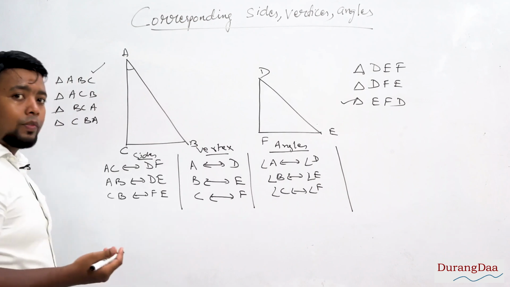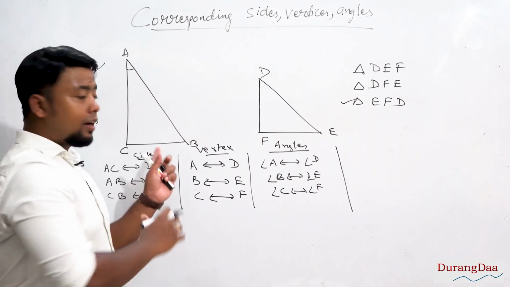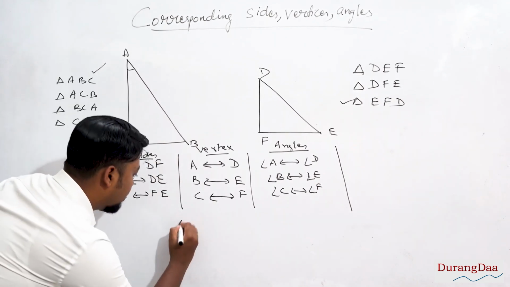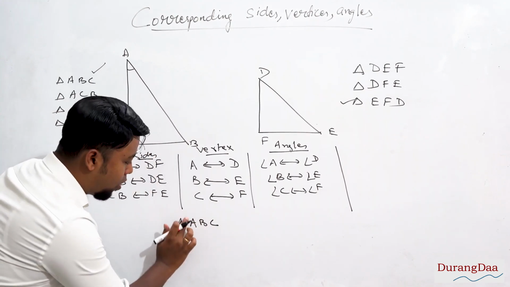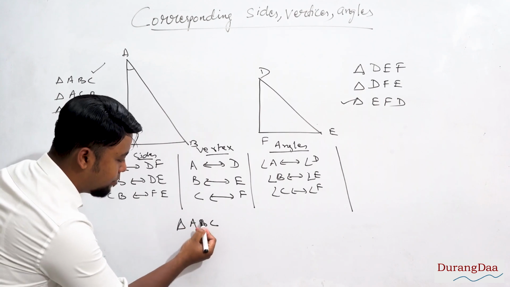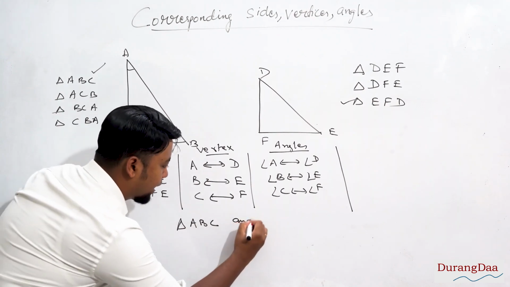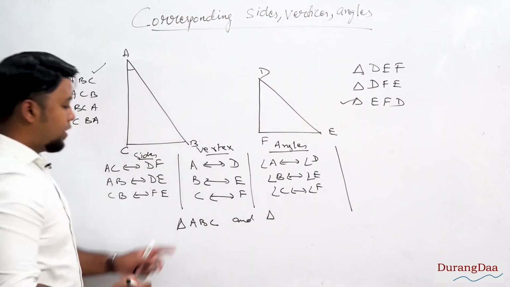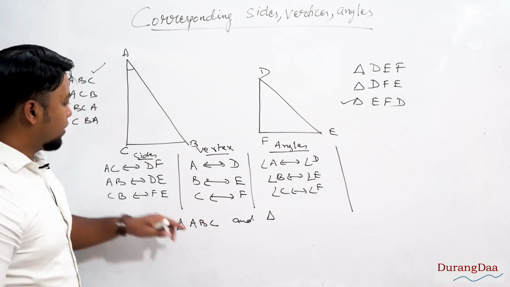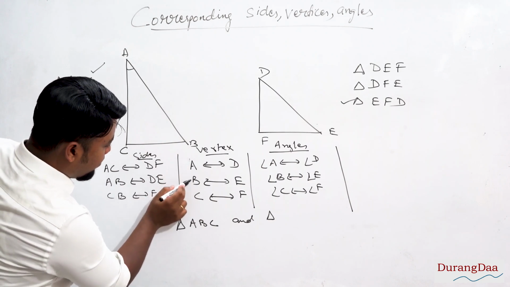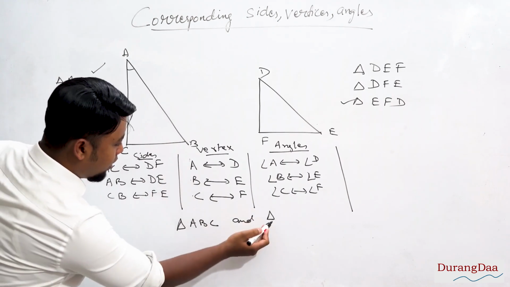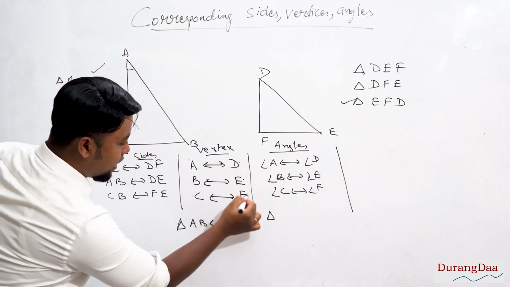No problem here. Now when you are comparing, for triangle ABC, just pay attention to the order of vertices. First I have written A, then B, then C. When I am writing the second triangle, the order of vertices should be similar. That means I started by writing A, B, then C, so for this triangle it should be in the same order: D, E, F.